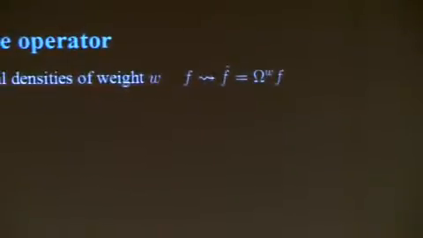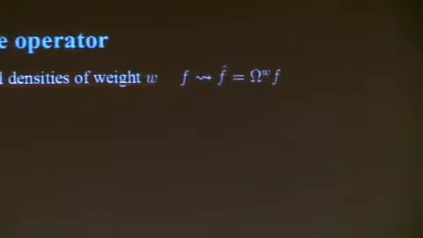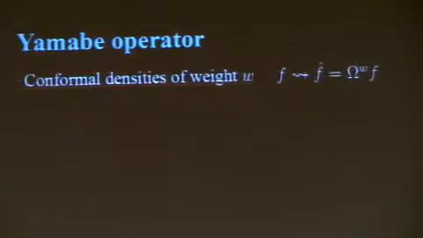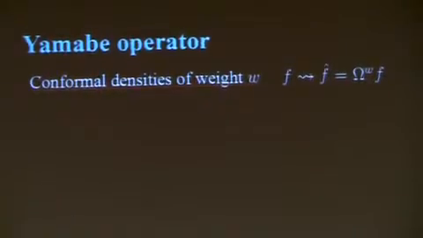If you take a different metric in the conformal class, you are obliged to take your function and rescale it by an appropriate power of omega. That's the operational definition of what it means to have a section of this line bundle. Okay, when you do that, then